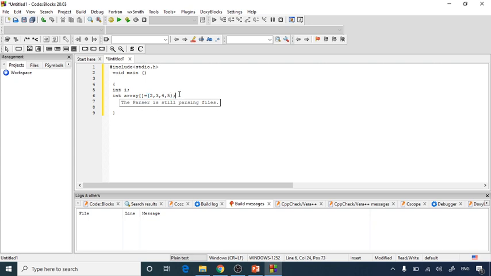So I have given 4 different integer values inside my array named array. Now I'm going to use a for loop and write i equal to 0, then i less than 4, and i plus plus.